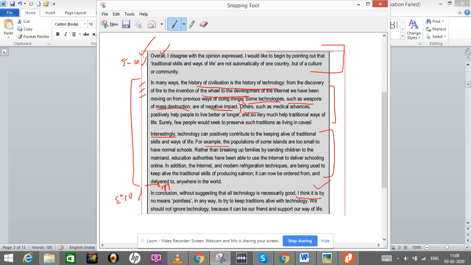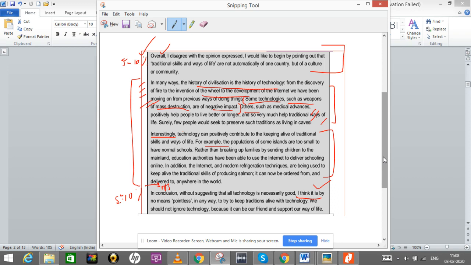because in this essay the person himself has already given the counter argument here, why the weapons of mass destruction are not good, and why and how this technology is helping in a way to preserve traditional ways. So it is more or less suggestive of how the person has used the counter argument in supporting his own stance. All right, so this is your opinion essay, and remember, be selective of the words